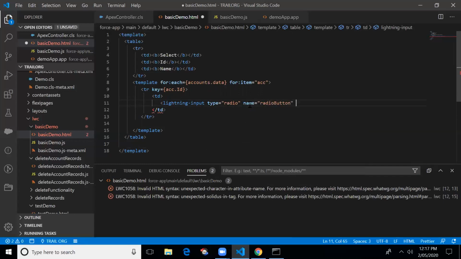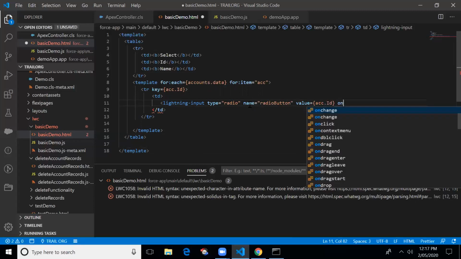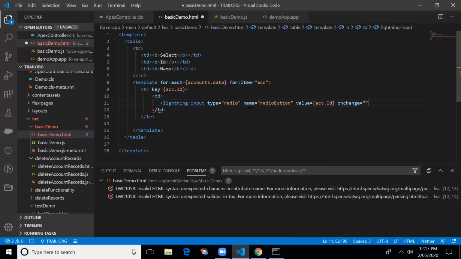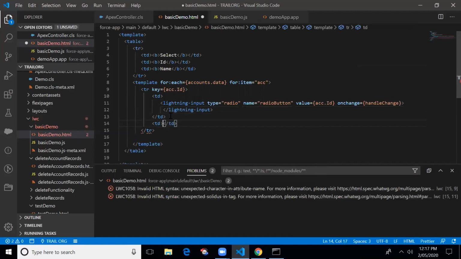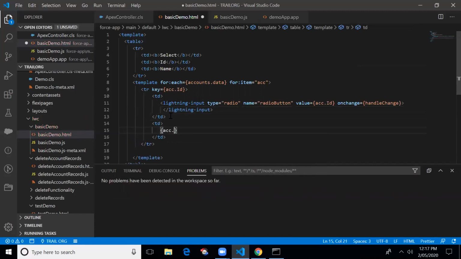I'm passing the ID to the radio button, value equal to acc.id. On change of this, I'm going to execute the handleChange method. Let me close this. The next td will display the ID, and the next td, acc.name.